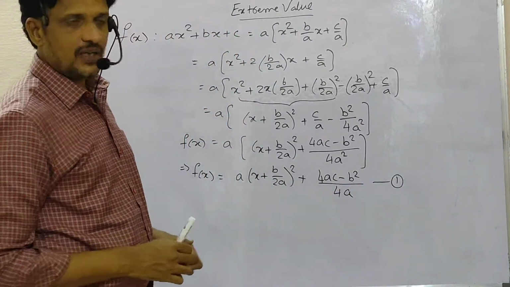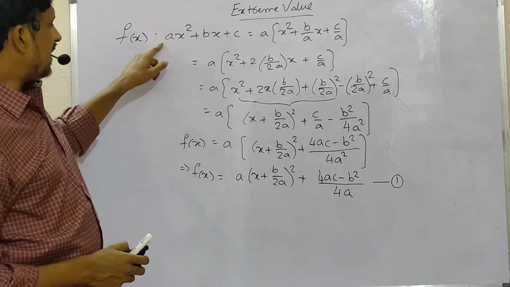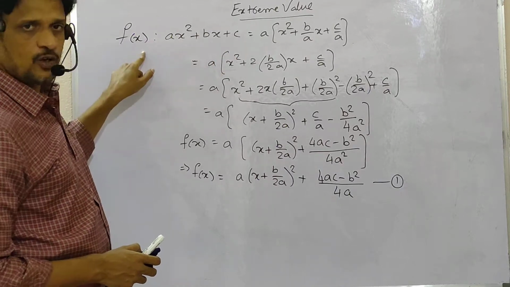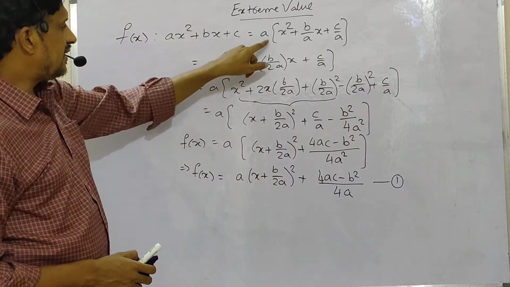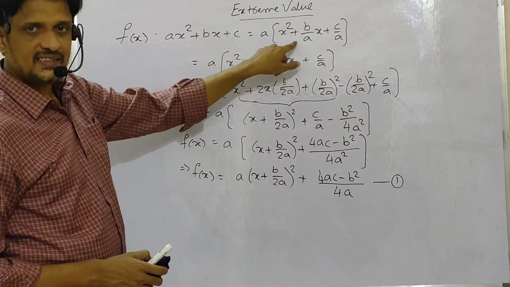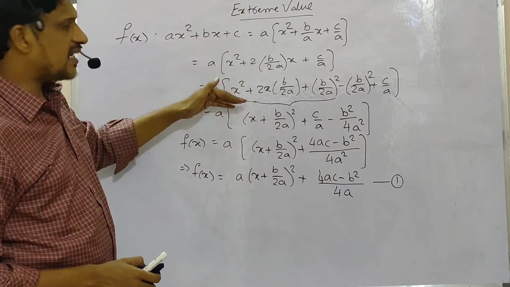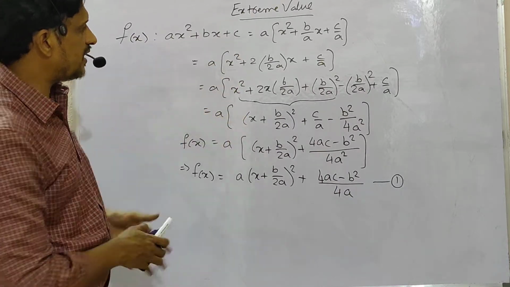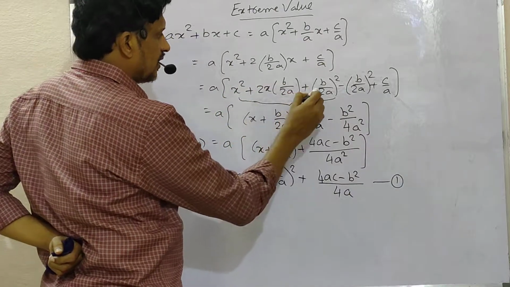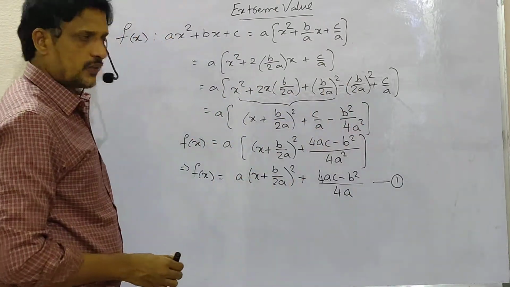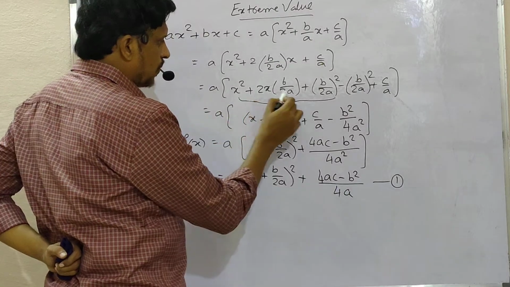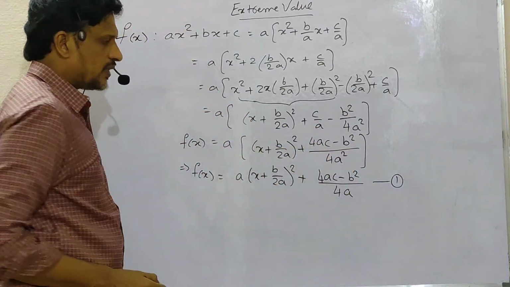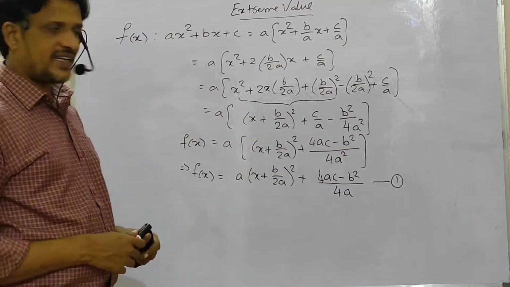So just observe this calculation here. Let the given quadratic expression ax square plus bx plus c be denoted by f of x. Then by taking a common, you will get it like this. To obtain the form of a plus b whole square, which is called the completing the square method, just multiply and divide with 2, then add and subtract b by 2a whole square. So a square plus 2ab plus b square means you can write a plus b whole square. Then by adding the next two terms, by taking LCM 4a square, you will get this form.